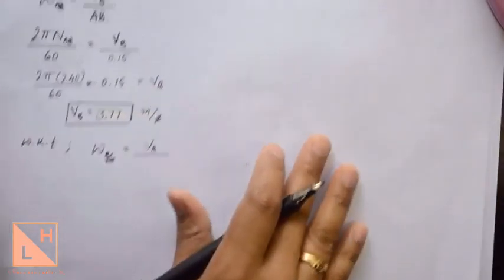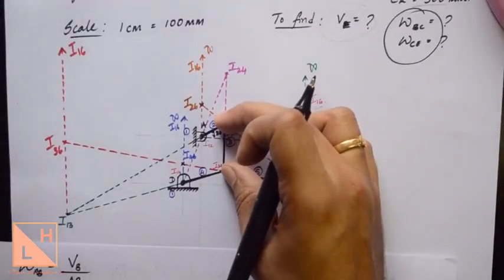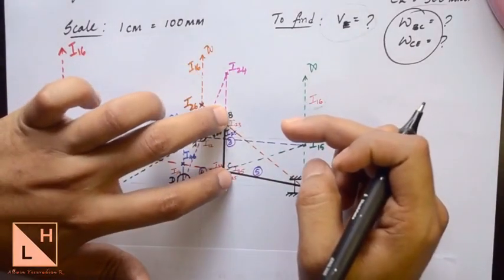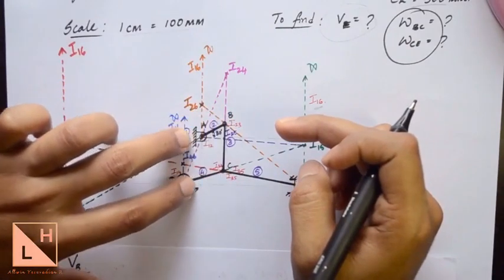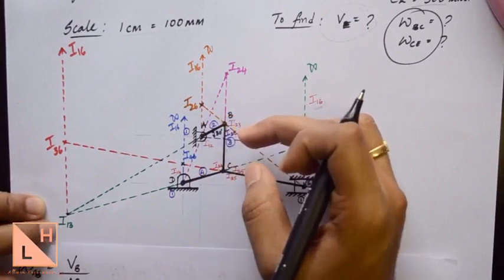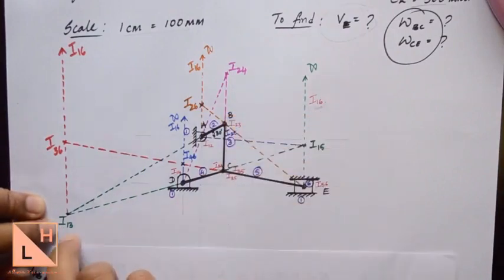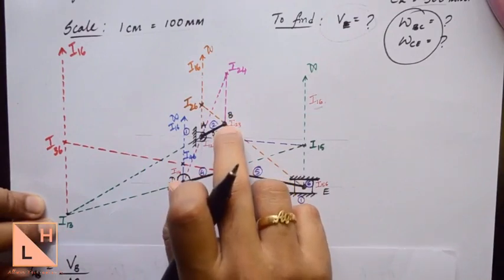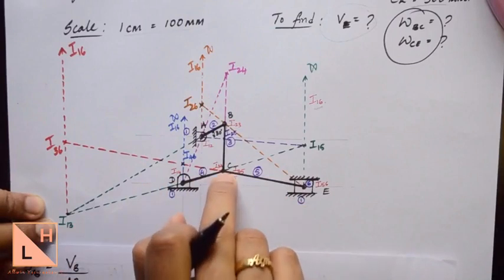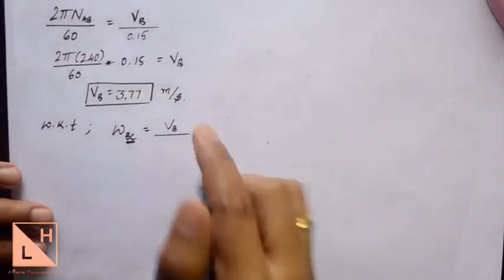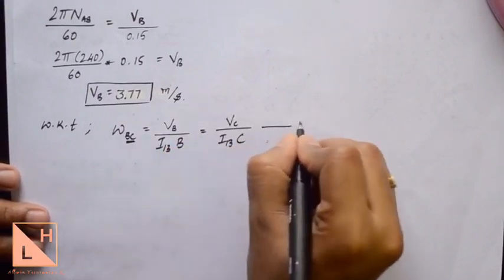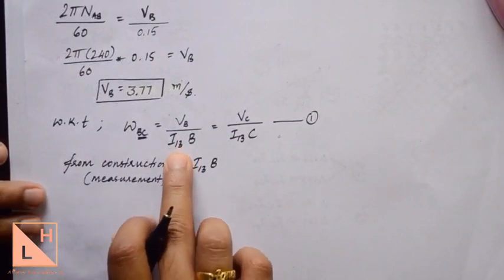So where is link BC? In the drawing we have link BC present over here, which is like a vertical line, and for the center of rotation for this link BC, you just trace the dotted lines which are connecting at a single point. So the instantaneous center for BC is going to be I13. Take the distance from I13 to B if you are taking velocity at point B, and next take the distance between I13 and C to find out the velocity at point C. Refer to the drawing to find the value of I13B.